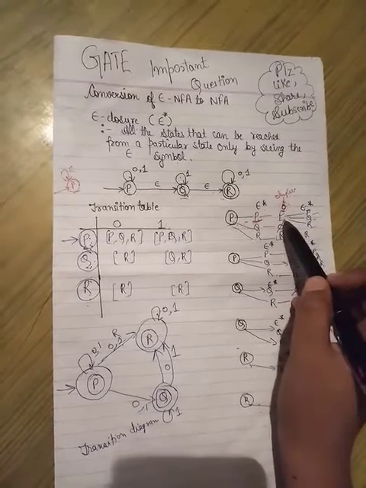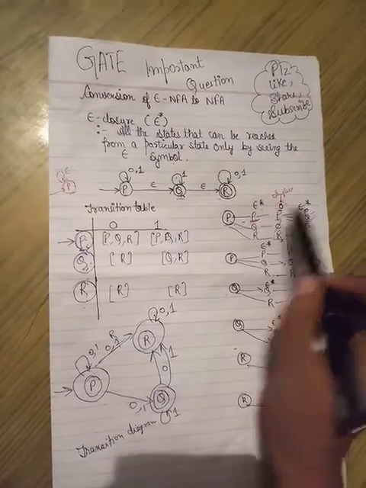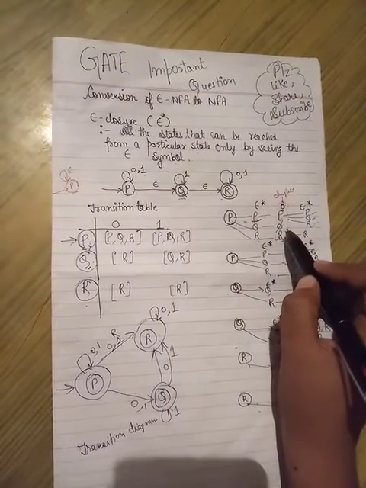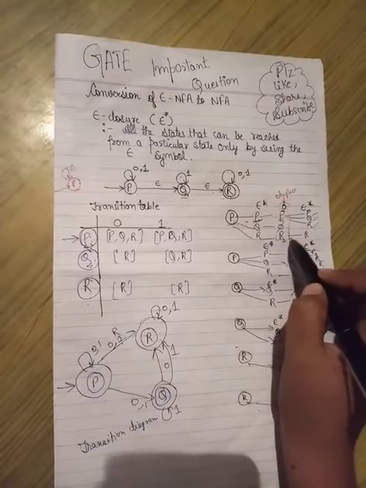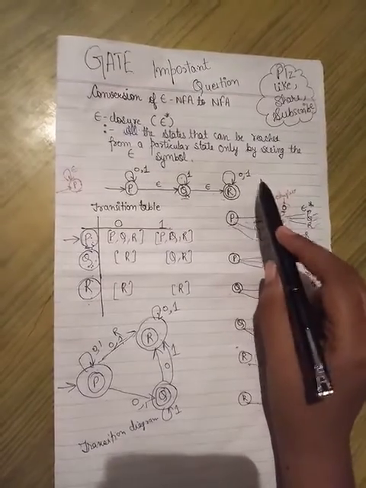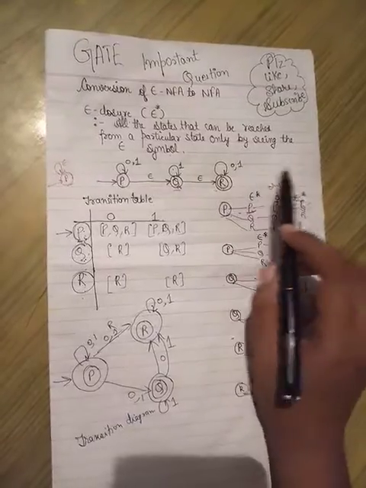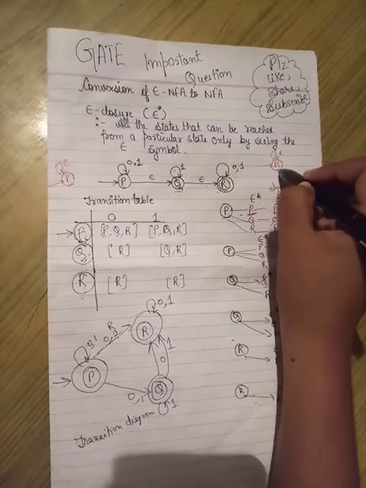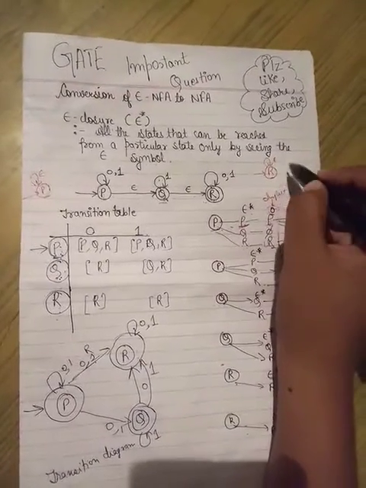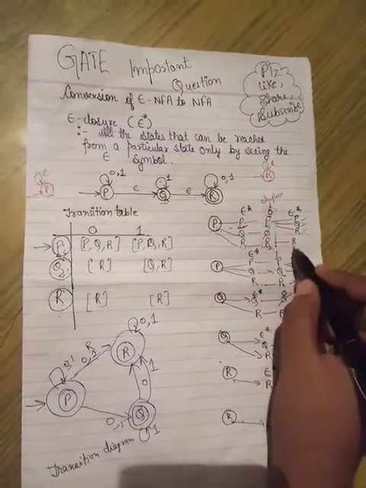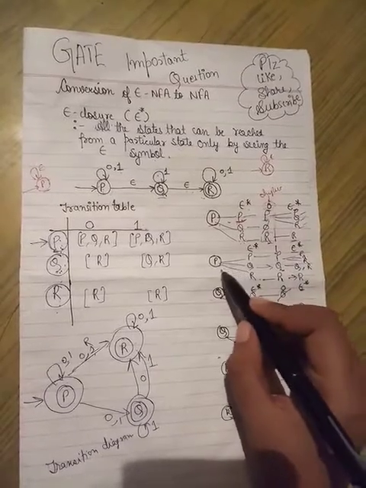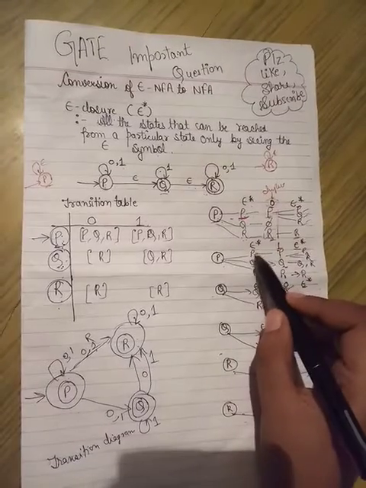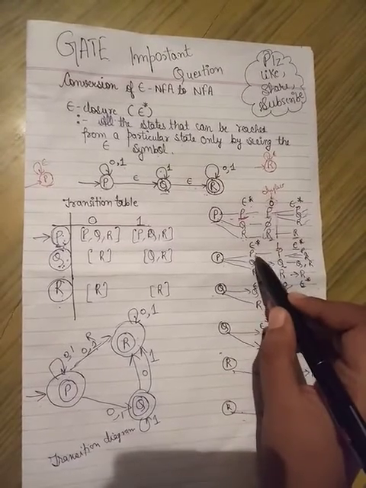Again check: P on epsilon goes to Q, so we get P, Q and R. For R on epsilon star there is no transition for epsilon, but you know that R on getting epsilon also reaches its same state. As every state on epsilon goes to the same state, I am considering R here also. Next, for input 1, in the same way I do the transitions: P on epsilon star goes to P, Q, R.